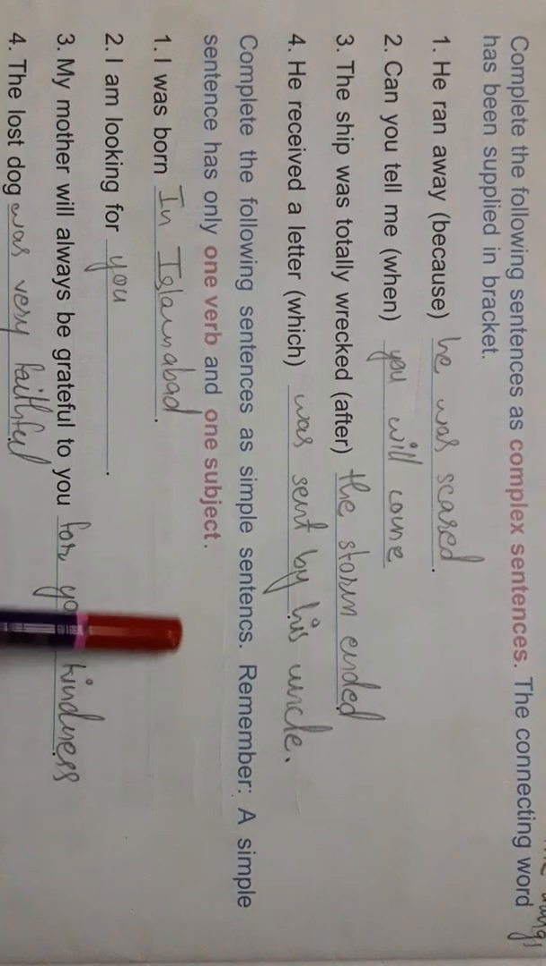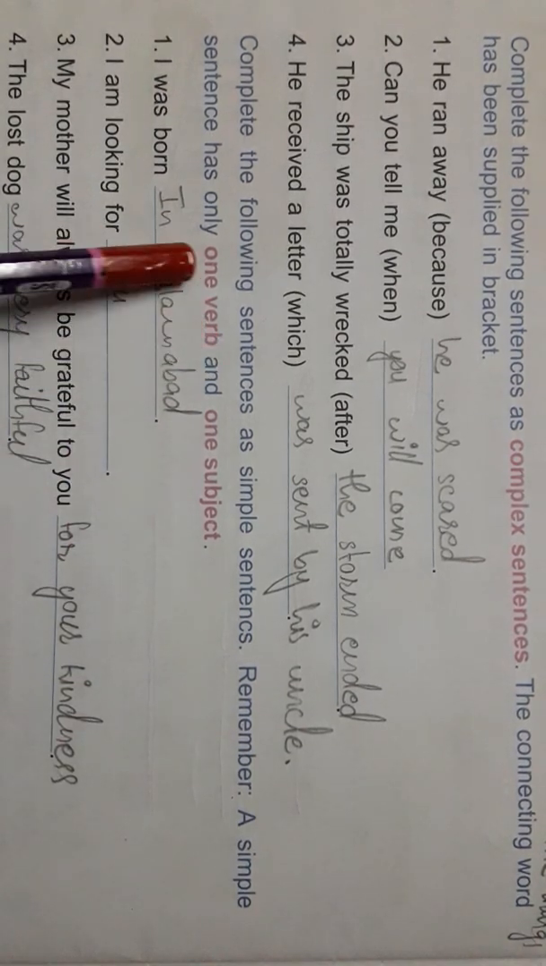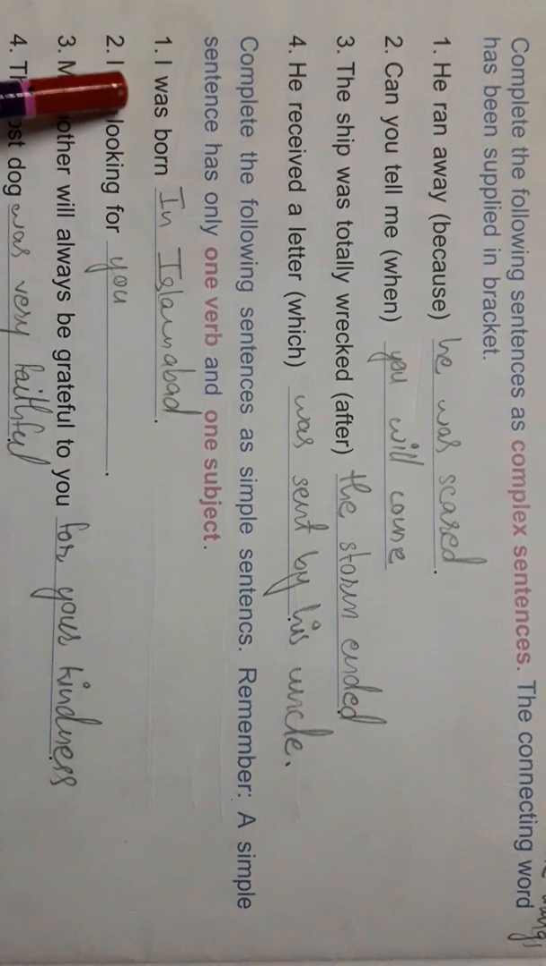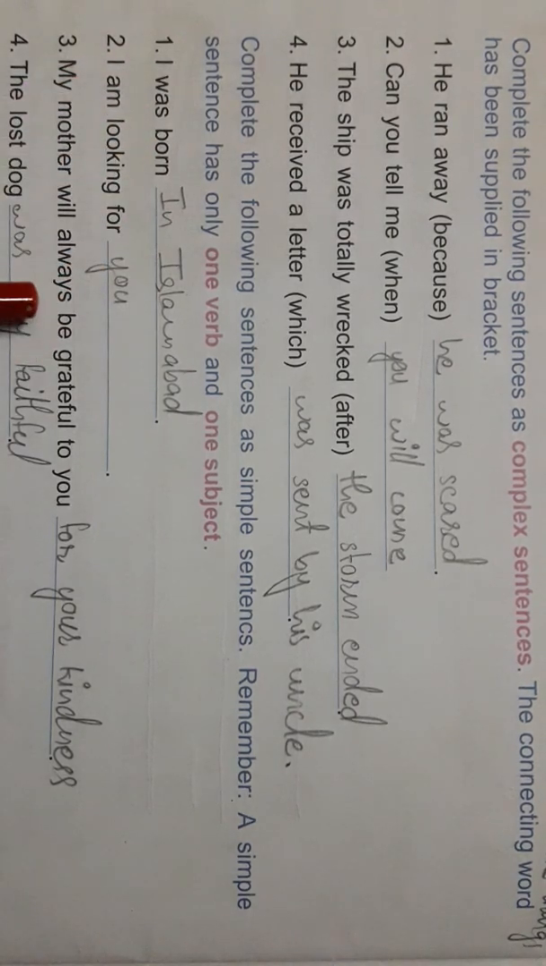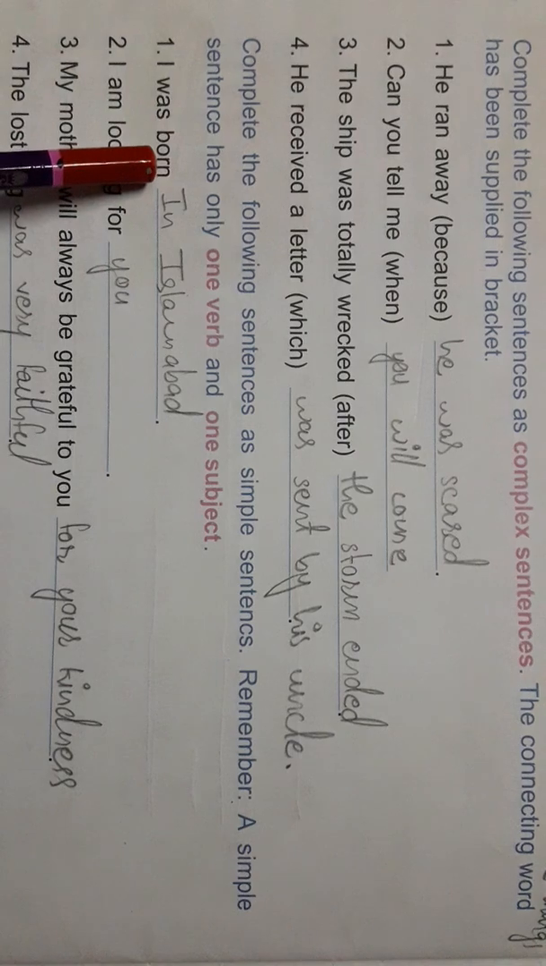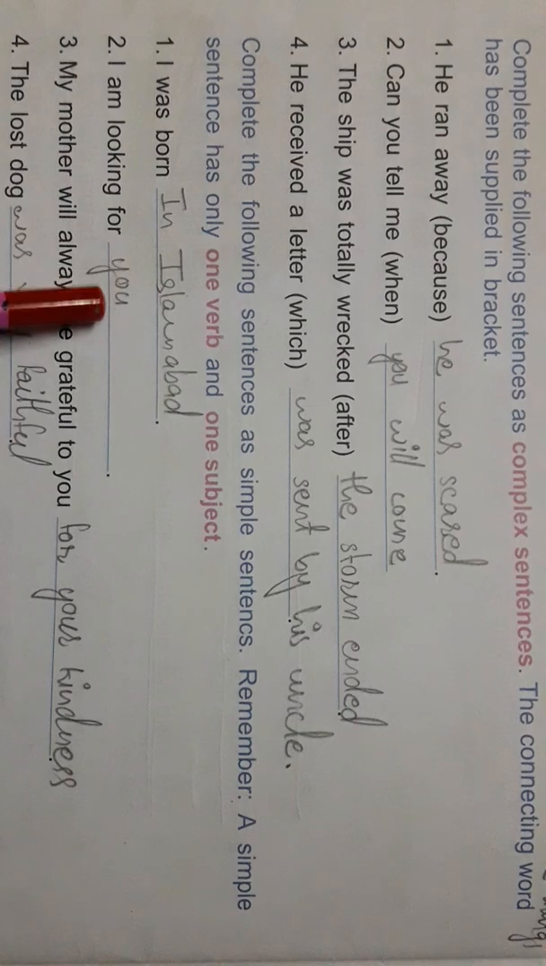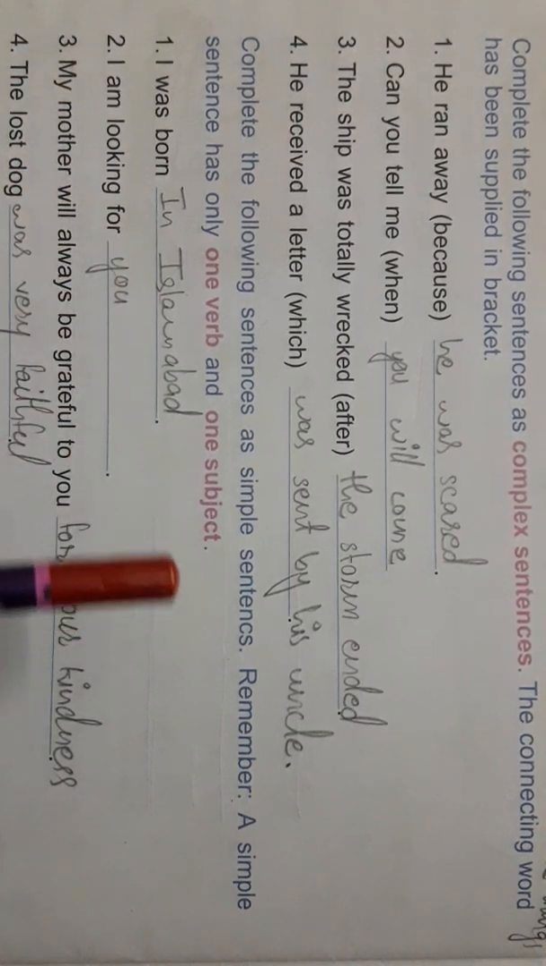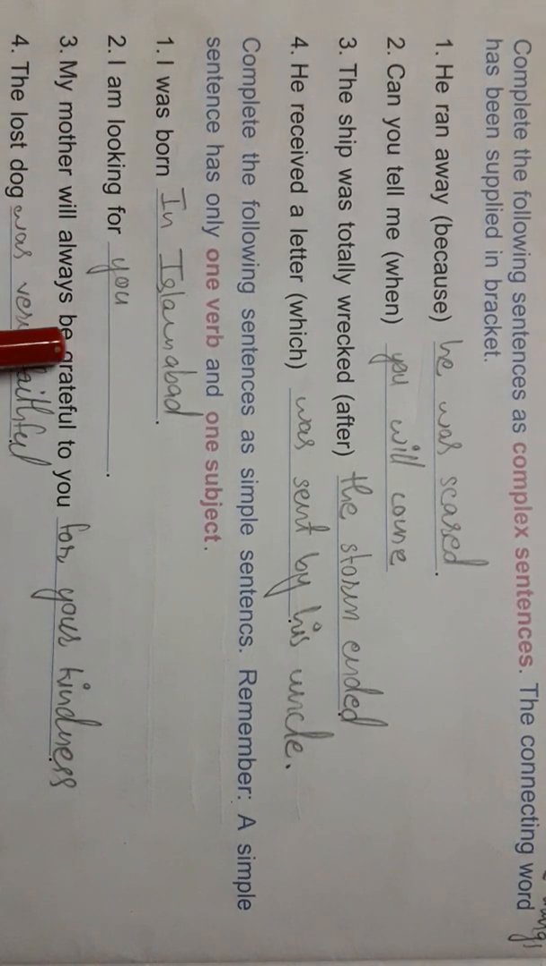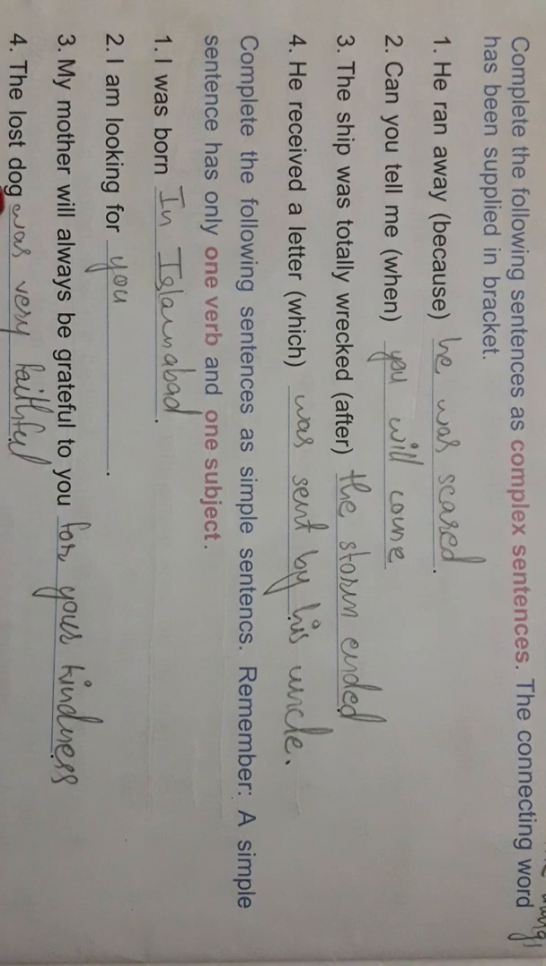He received a letter which was sent by his uncle. And in this sentence, you have to complete the simple sentences by using one verb or one subject. You can also fill them up by using words of your own choice. I was born in Islamabad, or I was born many years ago. I am looking for you. I am looking for my lost watch. It is up to you what kind of verbs or subjects you want to insert. My mother will always be grateful to you for your kindness. The lost dog was